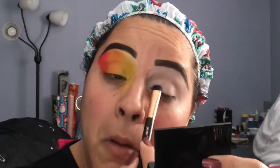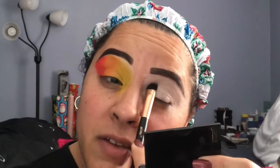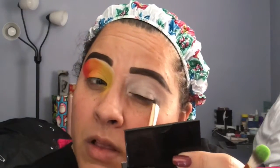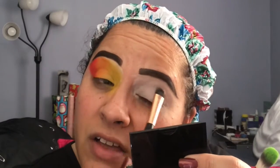And just before I even apply that, I'm going to make sure that I blend out any creases that might have developed on this base. I naturally have creases in my eyes because I have hooded eyes, so that's why I just want to make sure they're nice and blended. So we're going to go here. I'm going to go ahead and